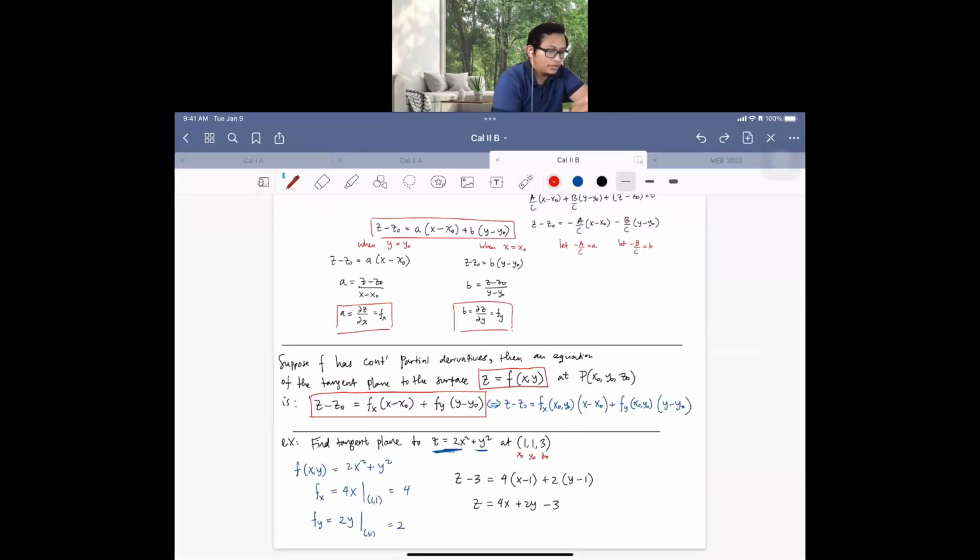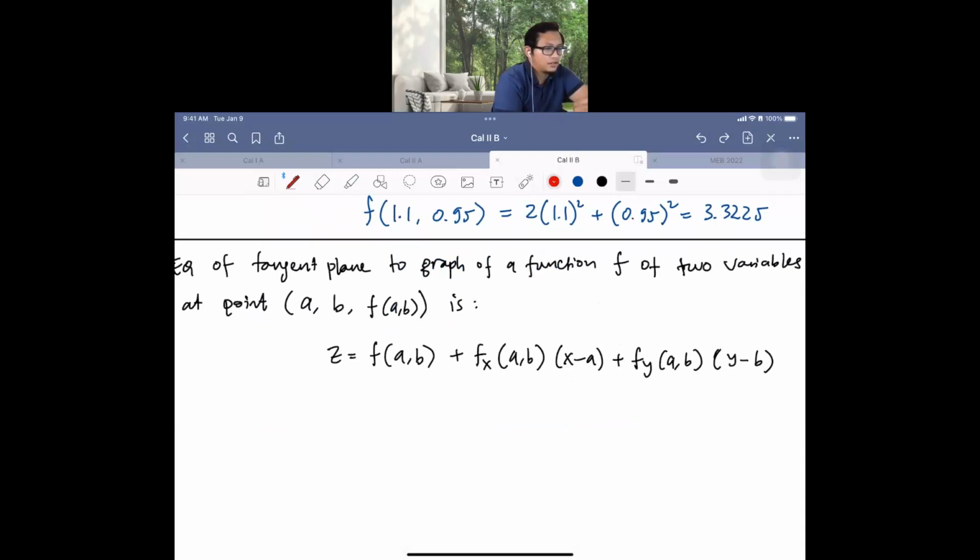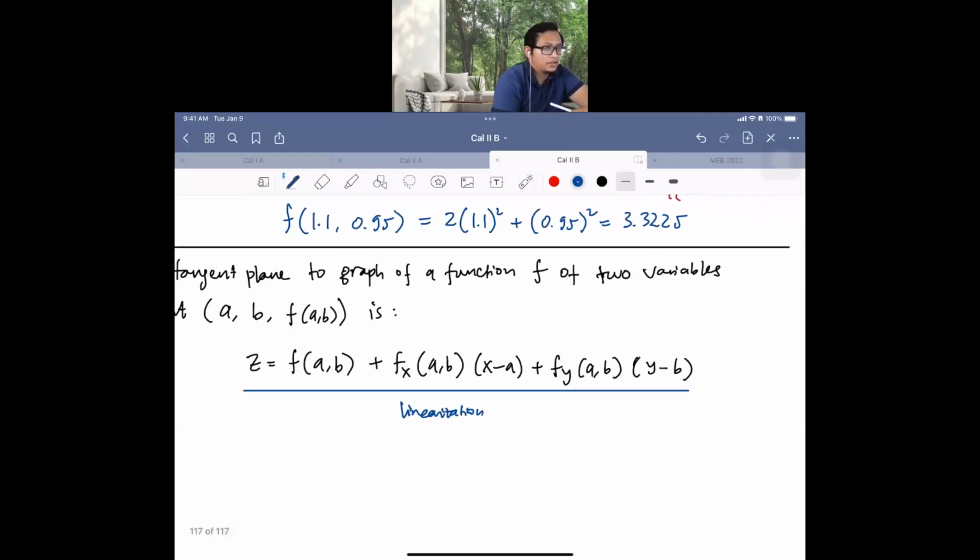Then this is called the linearization of f at (a, b),